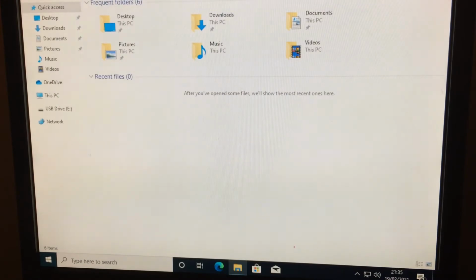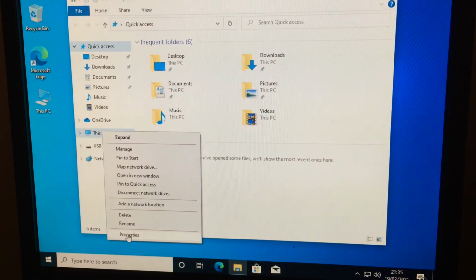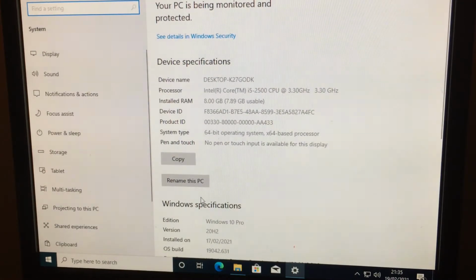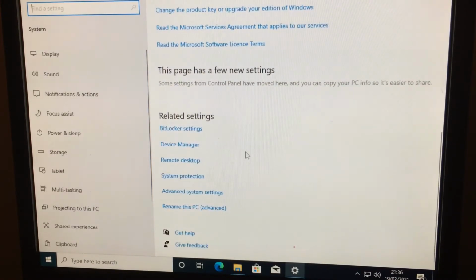If I maximize it here, the Windows Explorer is here. So you need access to this PC if you cannot have it on the desktop. If you right click it here and click on properties, what we are looking for is device manager. As you can see, I've got the new version of Windows, 20H2. So if you have Windows 10, you must have been offered an upgrade from the old version, I believe 1902, to the 20H2 version. I know some people don't like it, but I don't mind having this. It makes moving around a bit difficult, but once you get used to it, it's fine. So as you can see, if I move all the way down, you can see the device manager I was looking for. So if I click on device manager,